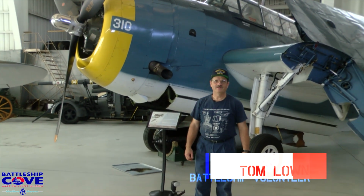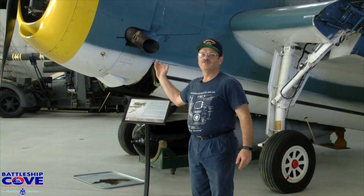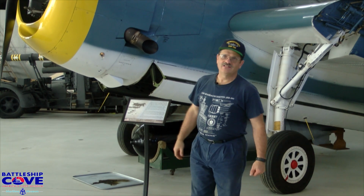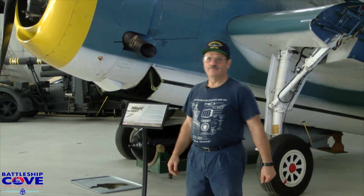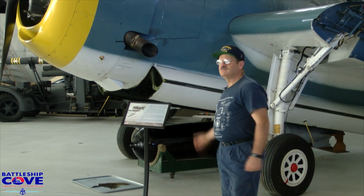I'm Tom Lowney. I'm here to show you a little bit of example of the American Heritage Museum. We're looking now inside the hangar at the American torpedo bomber, the Avenger. This is a TBM. This is made by General Motors. The TBM here was